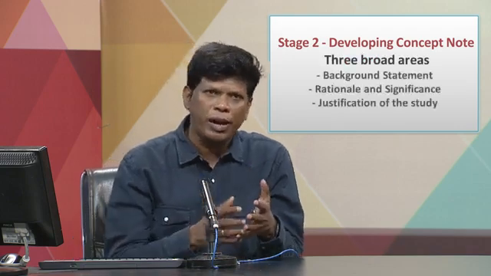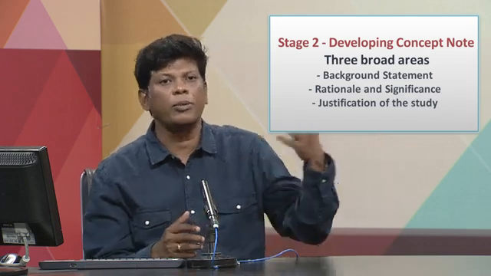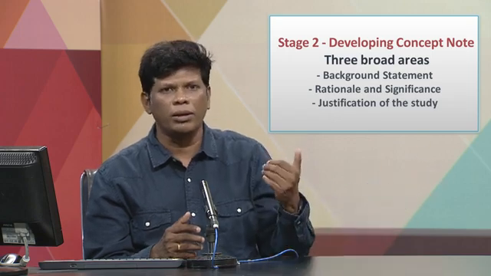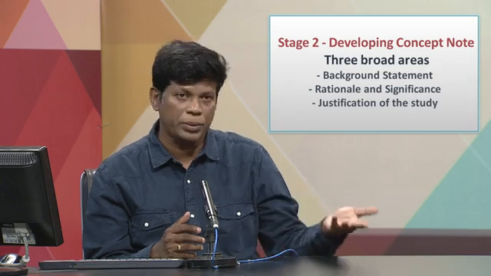One, you need to give a background statement, identify the topic, and give a little elaborate information. For online education, give the growth of ICT, the growth of digital, and the growth of utilization, particularly in the pandemic time, how it's being utilized and all. And then rationale and significance, which we have already identified in stage 1, you can incorporate that. Background, significance. Once that is ready, then you have to identify the third component of the concept note, called justification of